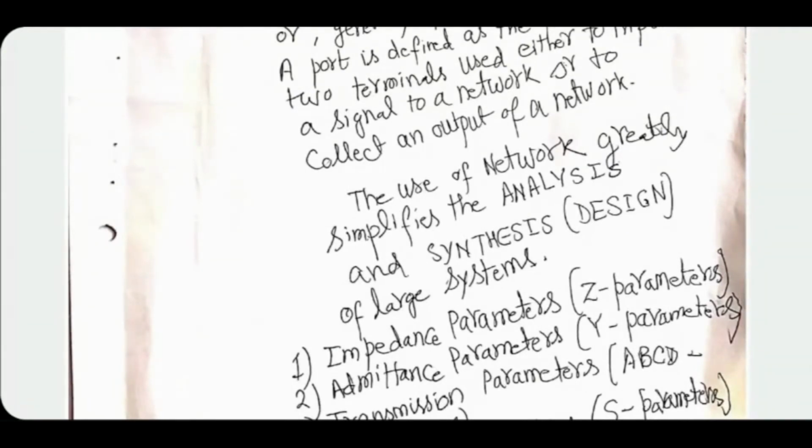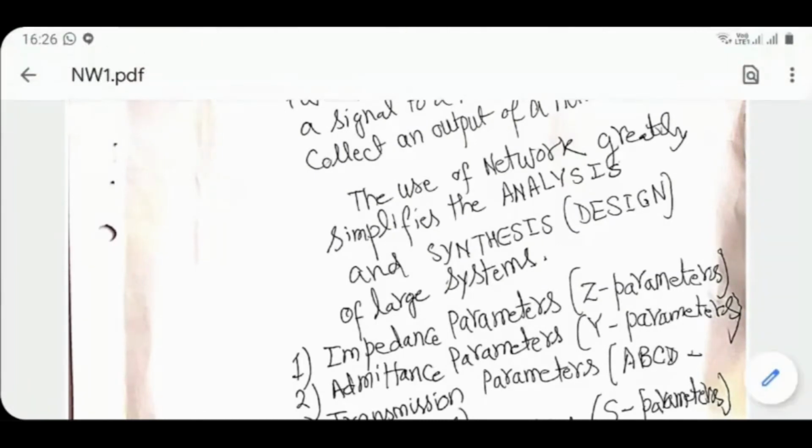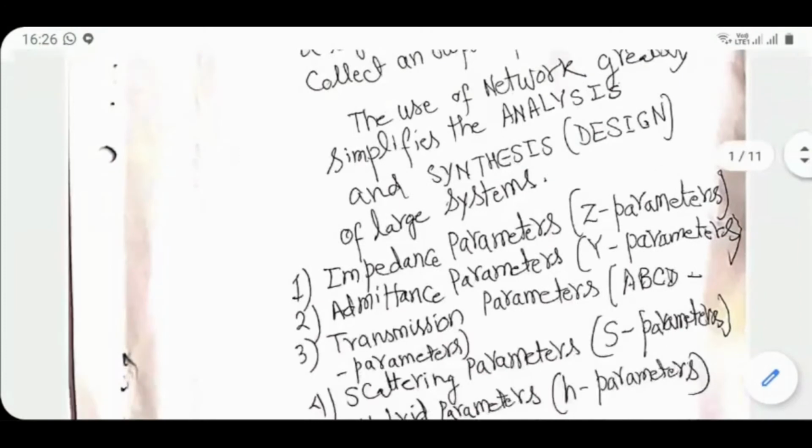The difference between analysis and synthesis is that analysis means you are given a system or given a component, you try to figure out its behavior. Synthesis or design means you have nothing to start with. You create something out of nothing. You are told that you need this functionality. How do you go about realizing it? That is called synthesis. But the mathematics, at least to begin with, is not very different in both cases.